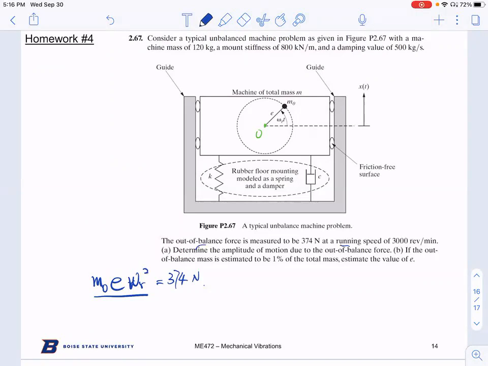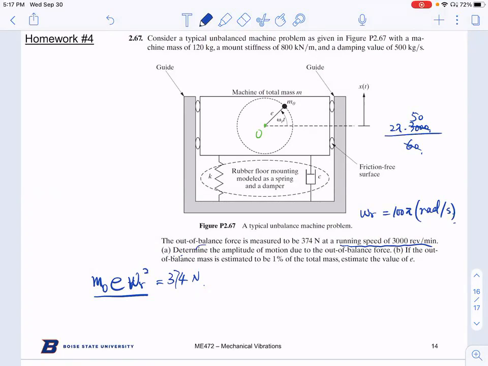And then you also know your running speed is 3000 RPM. So you should convert your omega r into radian per second. The way you do it is one revolution is 2 pi, and then you have 3000 divided by 1 minute, which is 60 seconds. So that gives you 50. So eventually you have 100 pi radian per second. That's your rotation speed. And then the first question it asks us is to determine the magnitude or the amplitude of